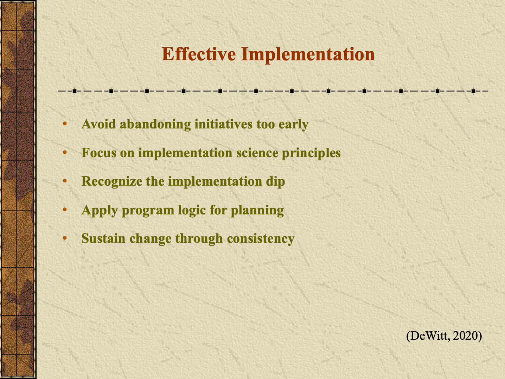One of the most important aspects of what the author is trying to communicate in the book is effective implementation of these processes. One of them, avoiding abandoning initiatives too early, happens all too commonly in the public school system, as we all have seen, where initiatives are proposed, implemented, and then swiftly abandoned in favor of what they've always been doing.